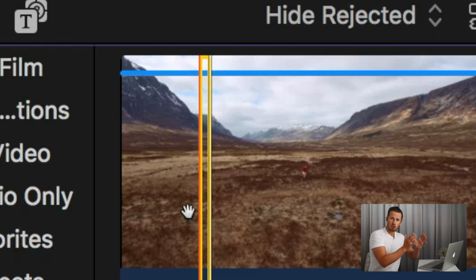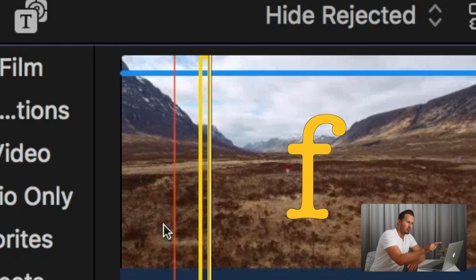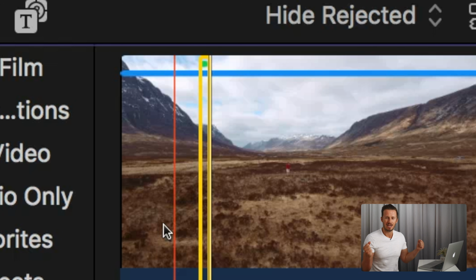This is where the magic happens, so if this is the only thing you take away from this video, I am happy. Our chosen clip trapped between our in and out points, as depicted on our film strip by those yellow brackets, is our select. Press F to favourite it, you'll see a little green marker appear between those brackets. We can now refer back to that little clip at a later date, plucking it out of that broader 6-minute